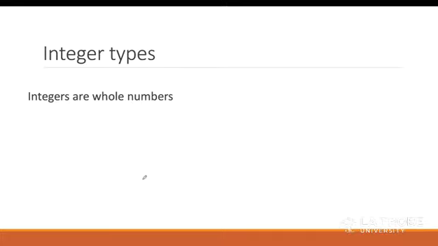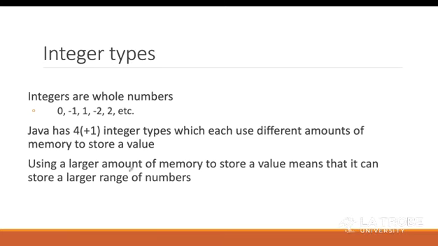As mentioned before in lecture 1, integers are whole numbers. So whenever you want to assign a whole number to a variable, the type that you choose is int. A few examples of whole numbers are 0, -1, 1, -2 and 2. So in short, the integer type allows both positive and negative numbers to be stored.